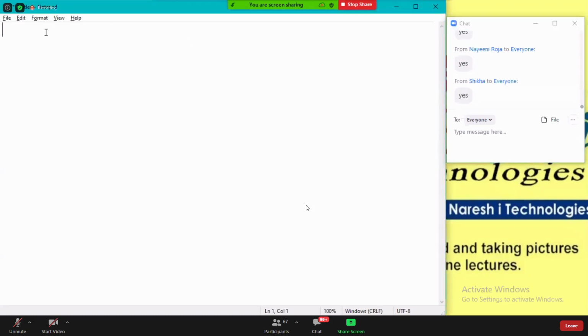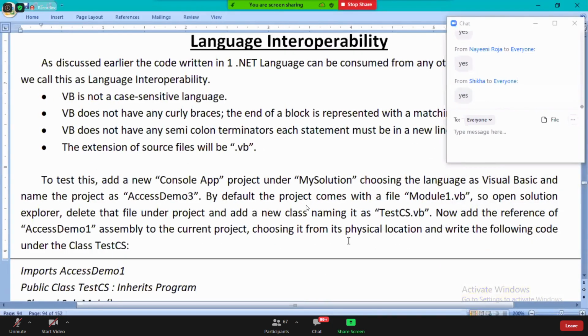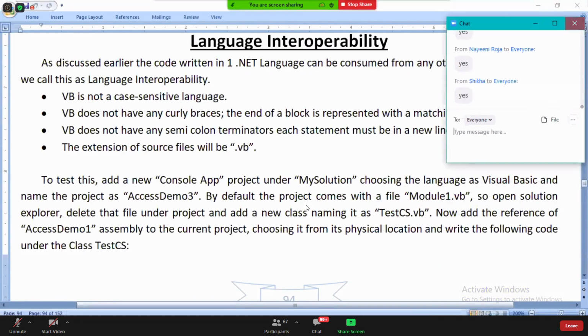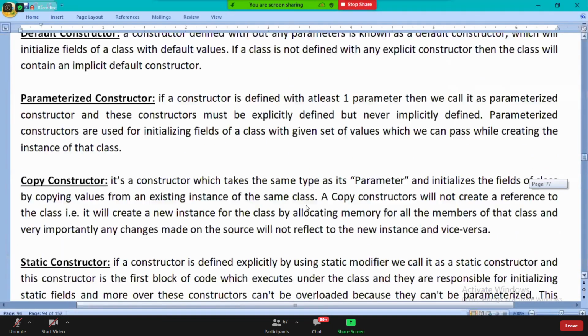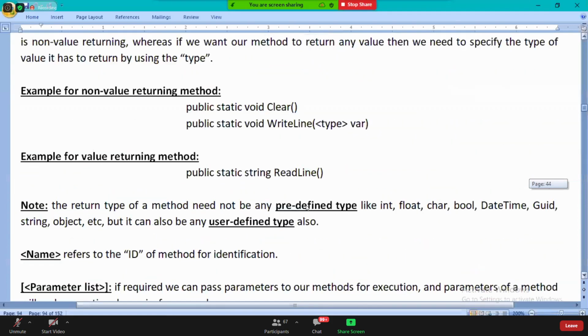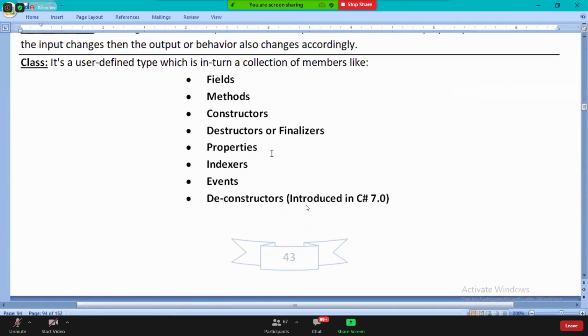If you recollect, we discussed this in the earlier classes. These are the 8 members.